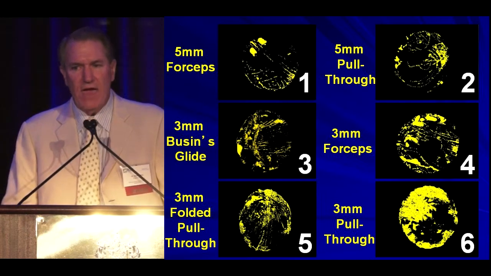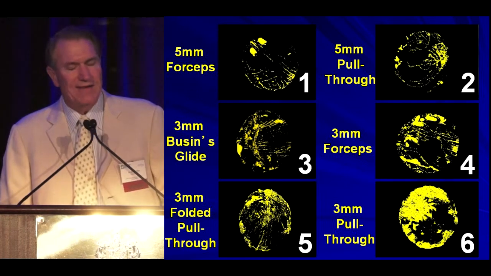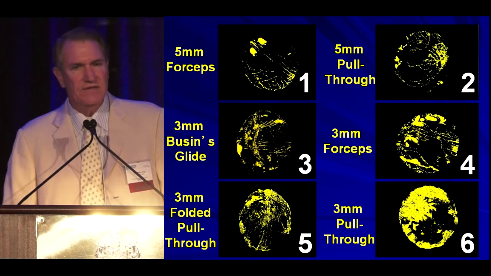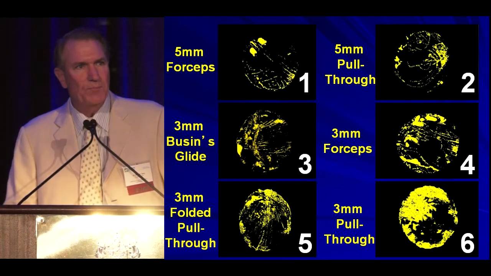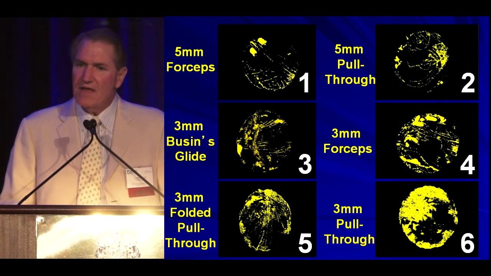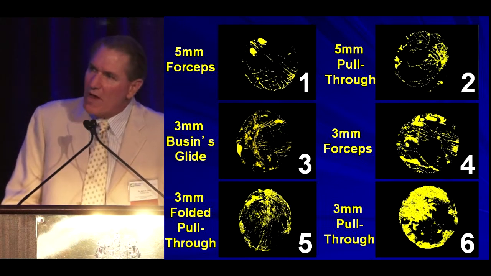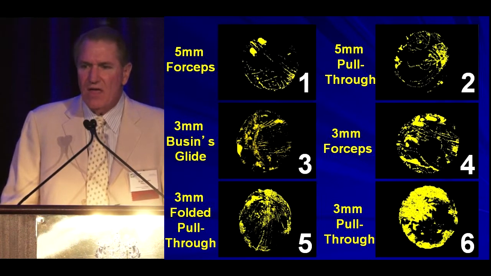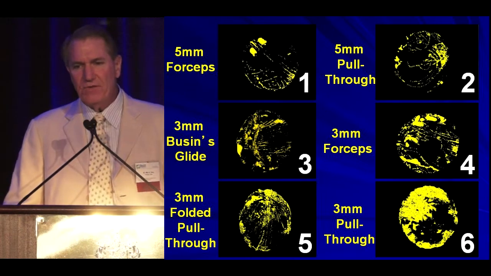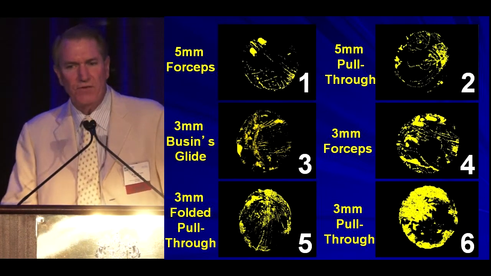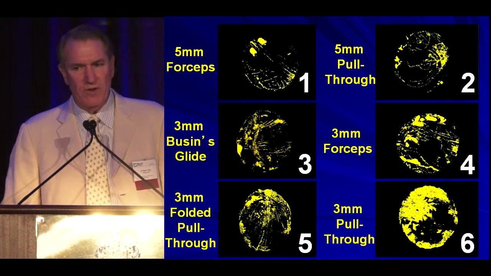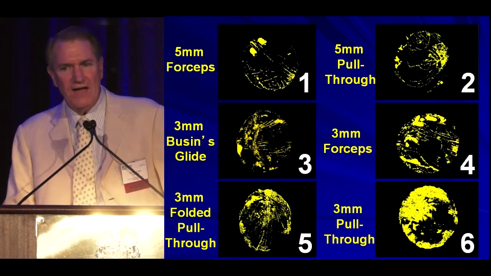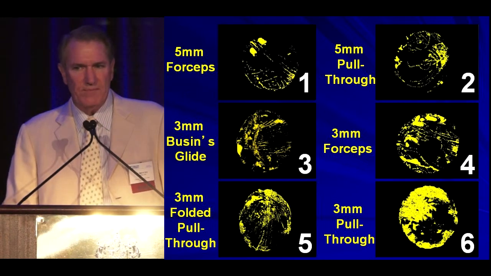cell death. And when you do that exercise, you can then digitize the cell death, which you see in yellow. And what you'll find is that no matter what the insertion technique, it's the size of the incision that matters. Look what happens if you fold the tissue in the bottom left-hand corner. You fold the tissue and you put it through a 3 millimeter incision. That's the amount of cell death that you get compared to a 5 millimeter incision with forceps in the upper